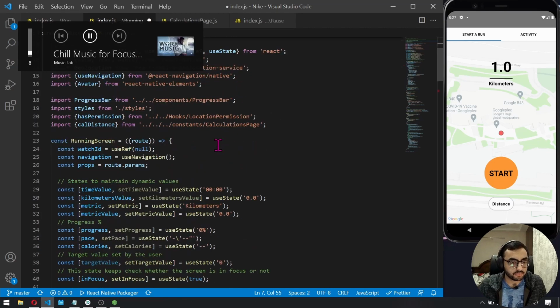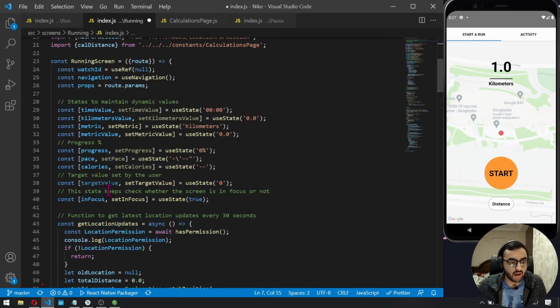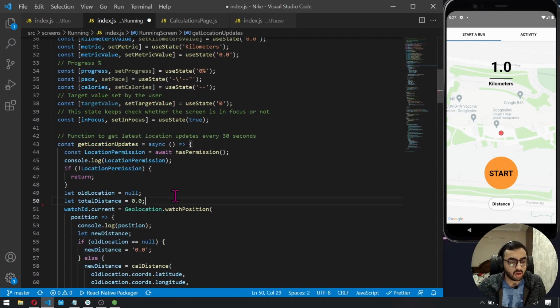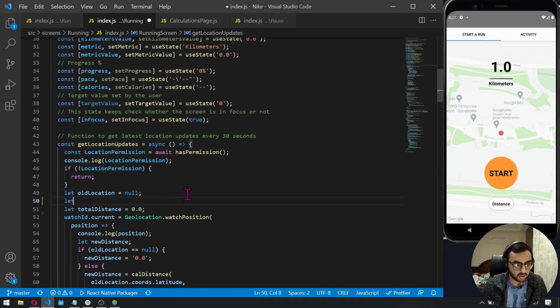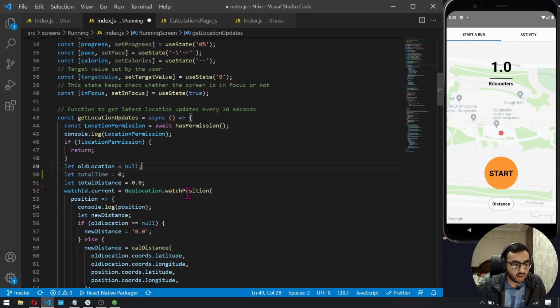Alright, so for that also we will have a few functions, but let us first add the variables. Like old location, we need total time, right? Total time is equal to 0. Similarly, we will have